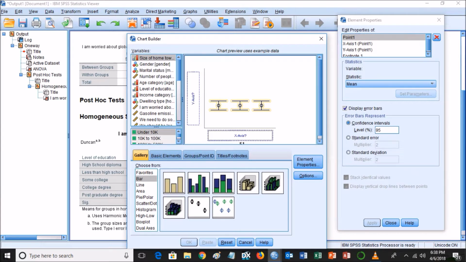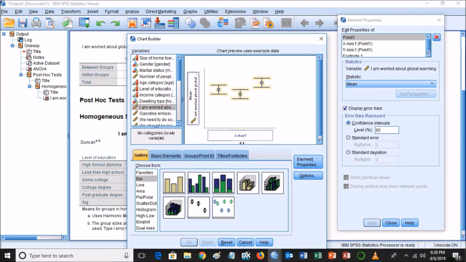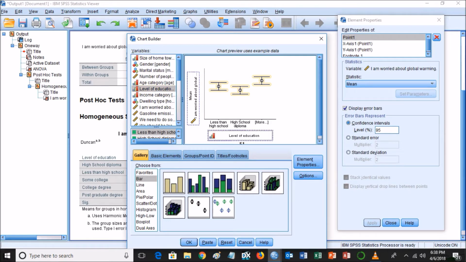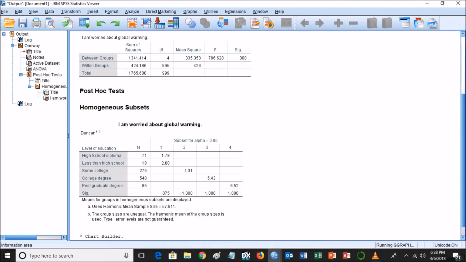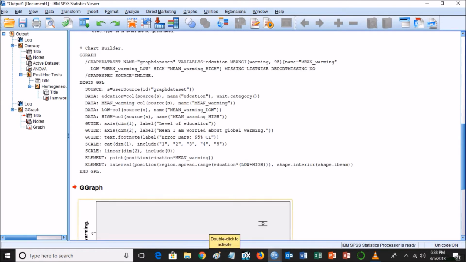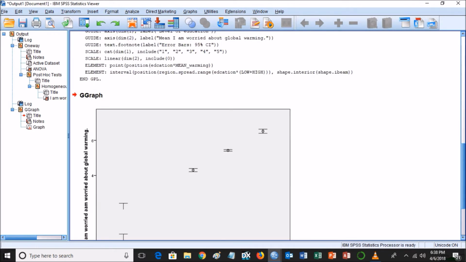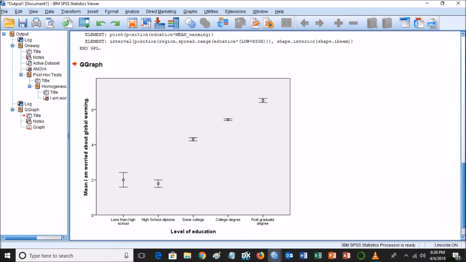So we will then put as the y-axis the dependent variable, I am worried about global warming. And then as the x-axis, which is the independent variable, we'll use level of education. And then when we hit OK, we will create this chart that shows graphically the same thing that the Duncan